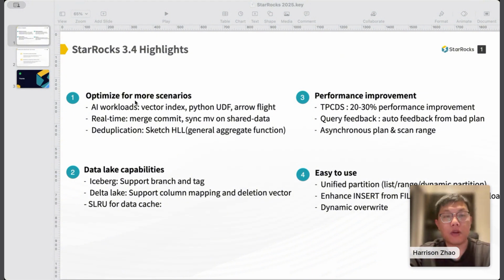And the second scenario, I want to talk about some real-time scenarios. We also have two features related to this area. The first is merge commit. I remember I talked about this feature a few months ago, and maybe in the next webinar we will give a more hands-on demo. But generally speaking, merge commit can merge a lot of small transactions together. For example, if you have a high-concurrency TPS scenario where data is ingested very frequently,